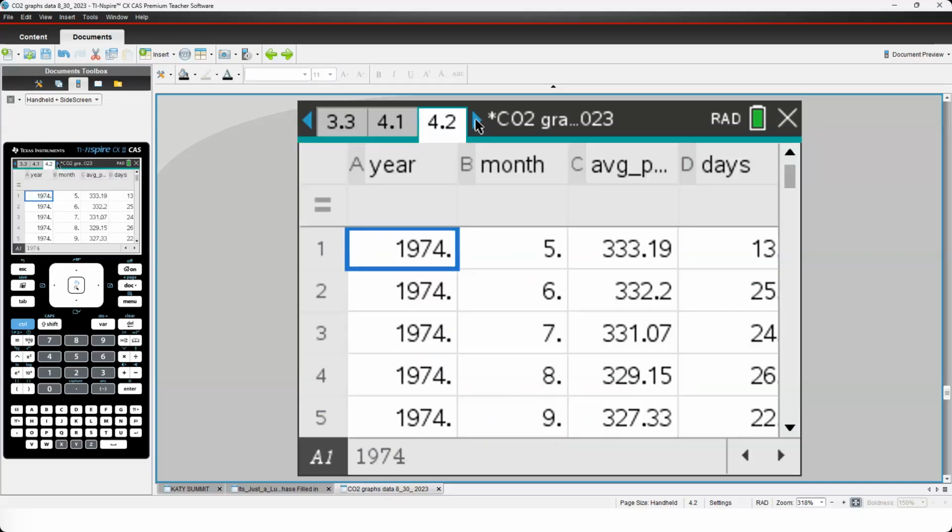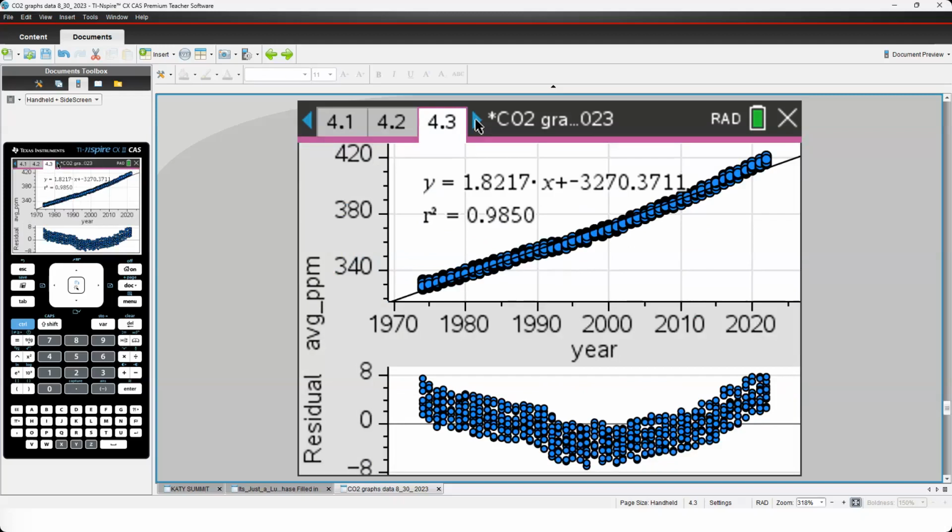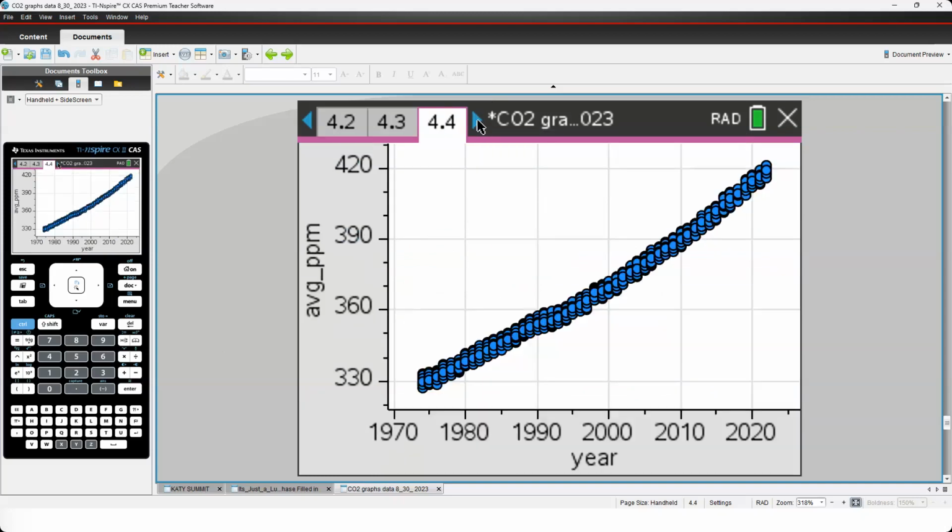All right, next slide. Okay, here's the 1974 on, that's what it looks like again. But if you go to the next slide. Now let's try an exponential model.